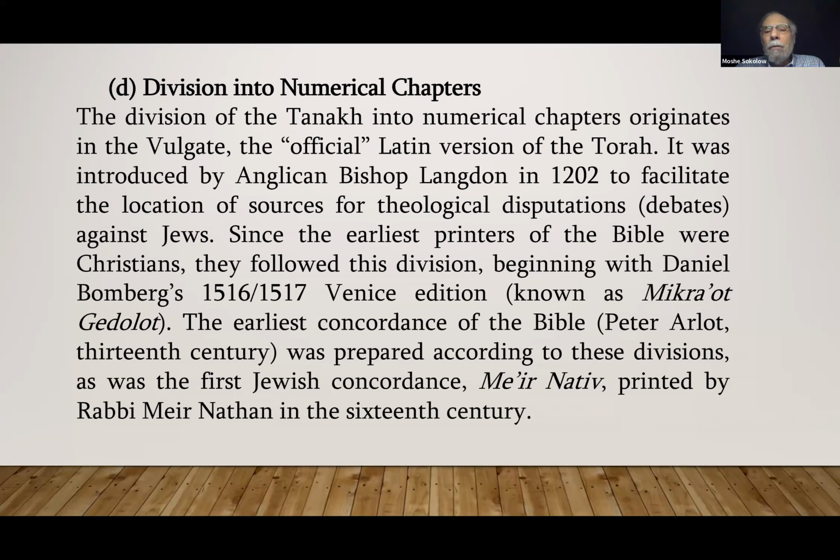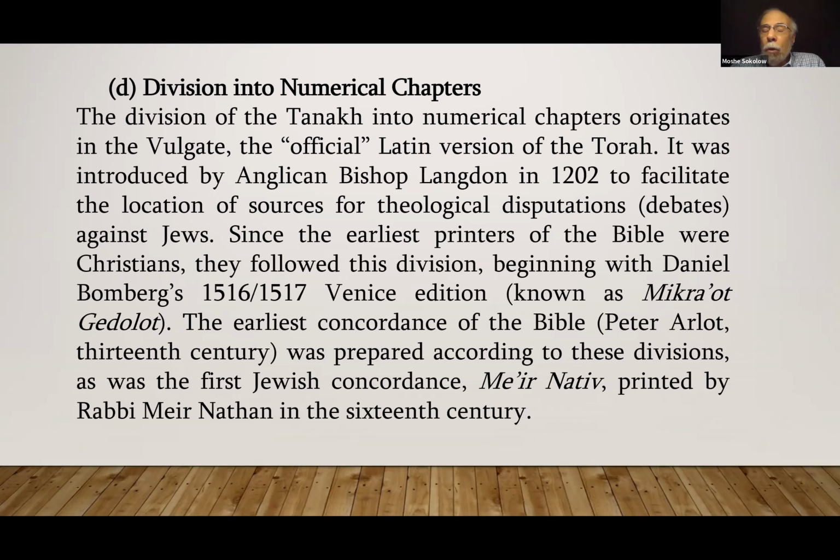Since the earliest printers of the Bible were Christians, right? Daniel Bomberg, a very famous printer of the early 16th century of Bibles, even produced what we call the Rabbinic Bible, the Mikraot Gedolot, and he was a Christian. Since the earliest printers of the Bible were Christians, they followed this division of the text into numerical chapters, beginning, as you see, with Daniel Bomberg's Mikraot Gedolot, the 1517 Venice edition, and